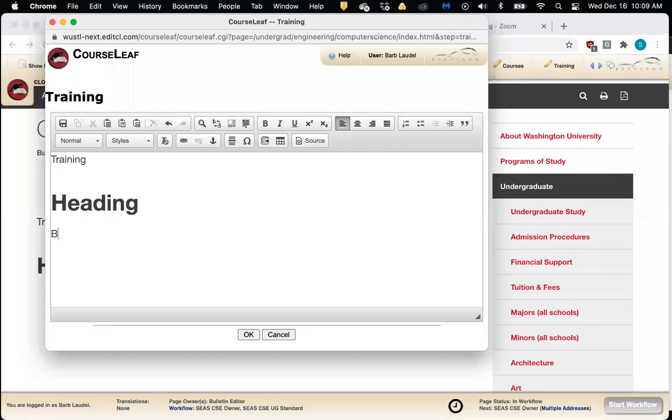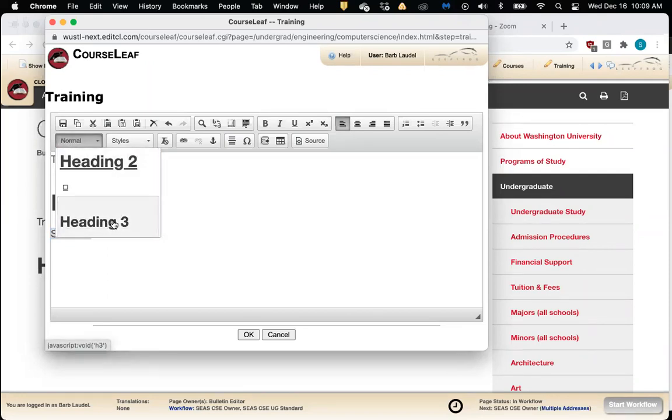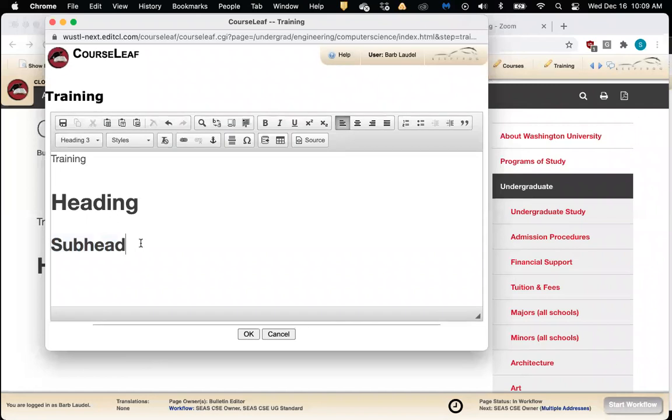If I want to make a subheading, one thing I want to do is make sure that it is organized in chronological order. So if I do a subheading under my main heading, I want to make sure to identify that as a heading 3. And really the key thing here is, if you are organizing any kind of text and do need headings, you want to make sure it's uniform. So you're not starting with a heading 5 and then going to a heading 3 and then going to a heading 2. You just want to make sure it's organized and it makes sense in terms of the information that you're presenting. All right, so that's the heading component of it.